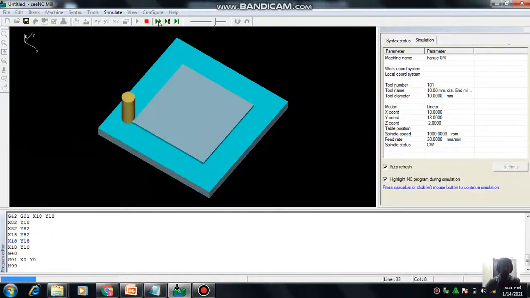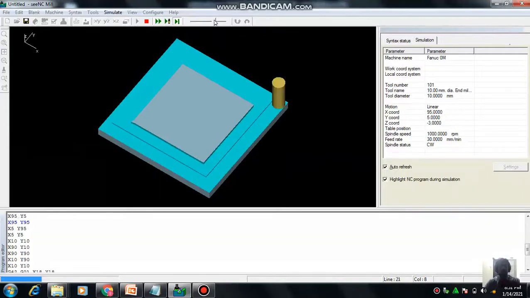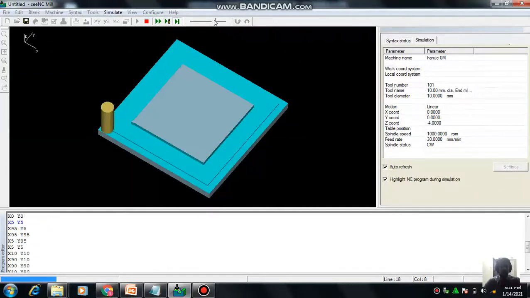Instead of this I can play it fully. I am just selecting this end, it will go automatically; we need not press the play button. So third increment. Since I have made a -1 increment each and every time, it goes like this, and finally it will finish.